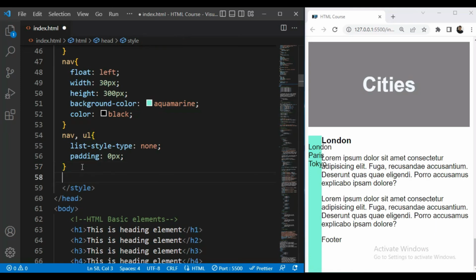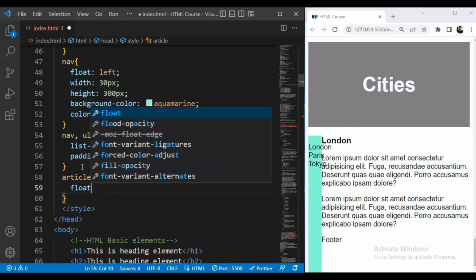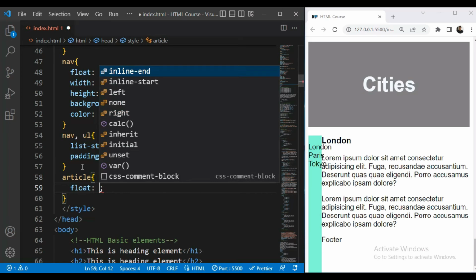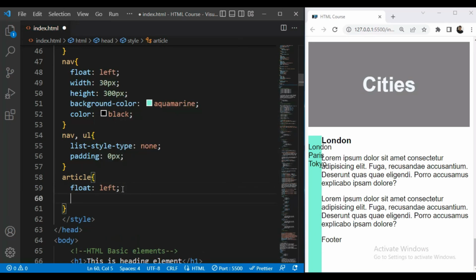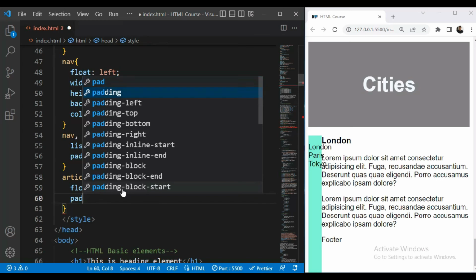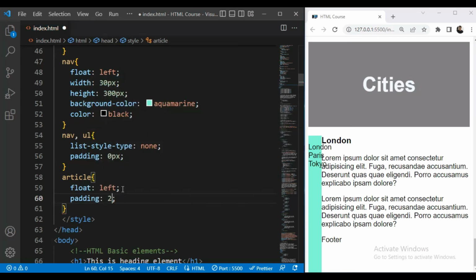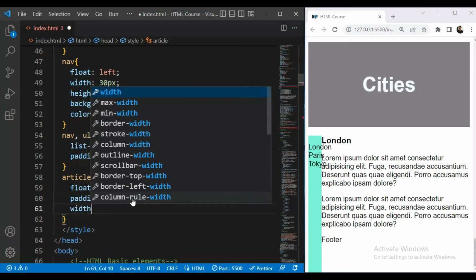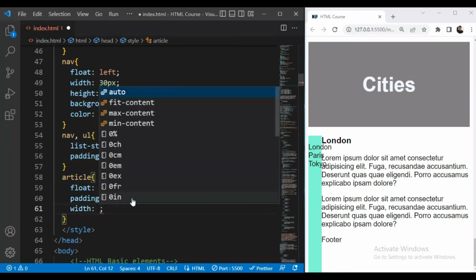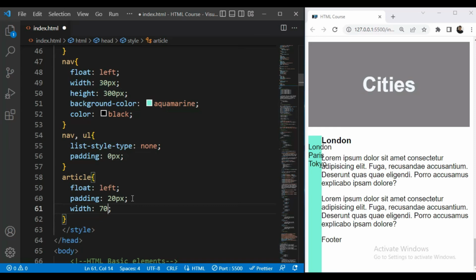Then we'll have article, and for article we'll add float left and padding 20 pixel. Then width we'll add it in percent, so 70%.